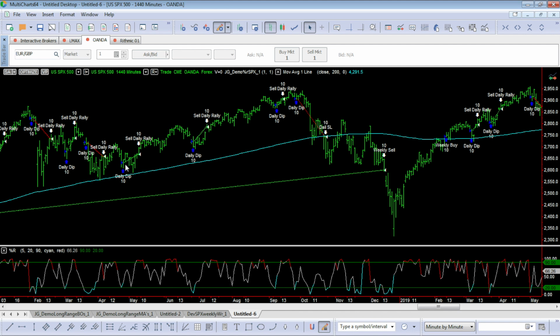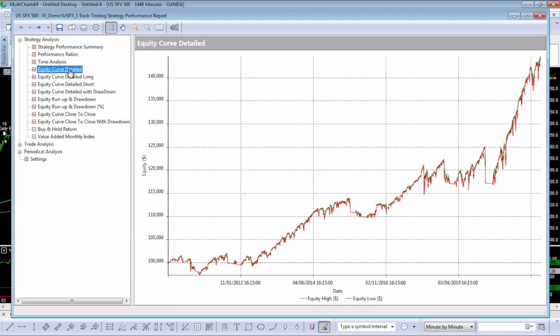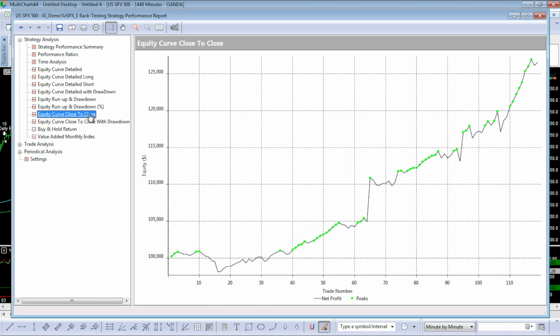So we've got all these daily ins and outs for the daily mean reversion strategy, and we've got the weekly trend following strategy, all on the same chart, all in the same strategy. I've programmed them to combine them. So let's have a look at the performance report. So that's what the equity curve looks like. Here's the close to close, which you've seen at the start of the video, with the green dots representing the